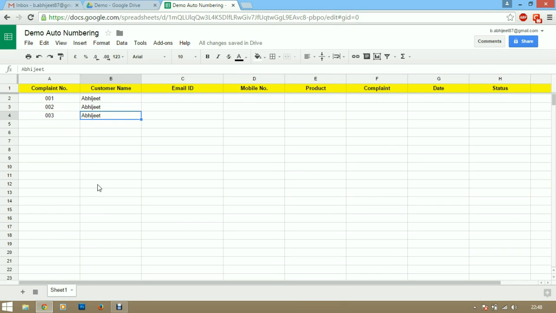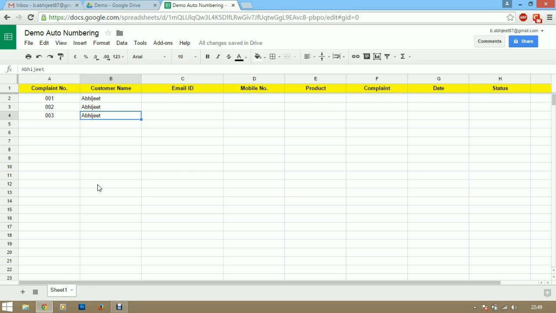Basically, I came across this problem when I was working on one of my own projects, and when I searched online, most of the solutions were talking about some kind of script that you need to use on Google Sheets to get this function. But personally, I don't prefer using scripts on my Google Sheets because I feel they are much harder to customize according to the needs of your sheet if you are not very good with the programming language. So what I prefer to do is use simple functions and formulas that are inbuilt in Google Sheets, and customize them to get the solution to my problem.